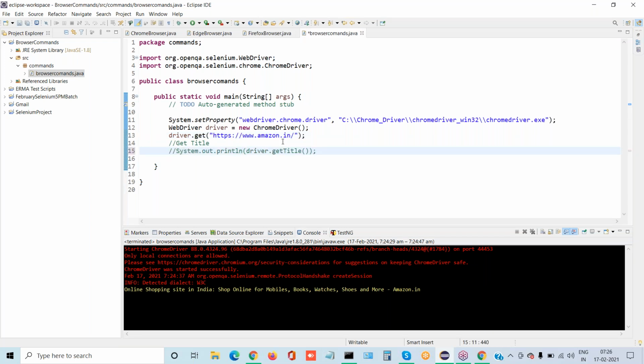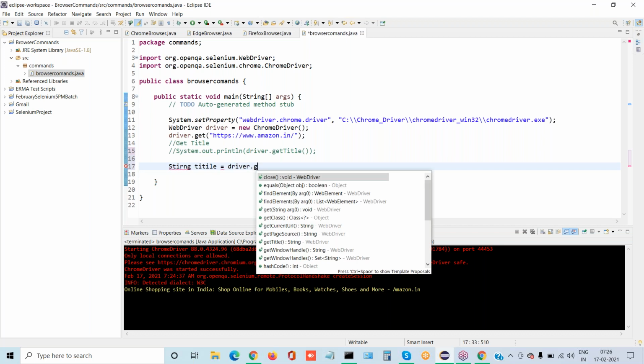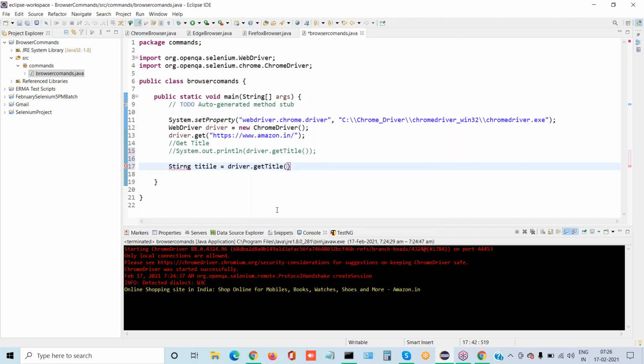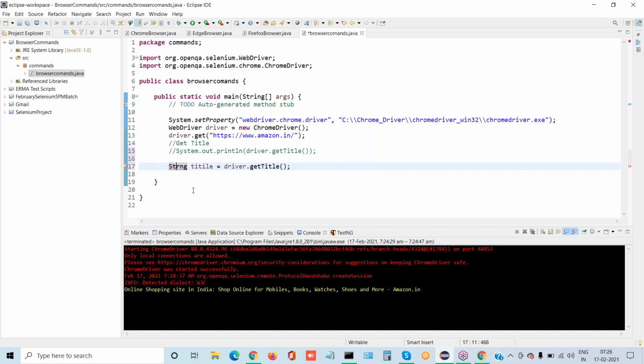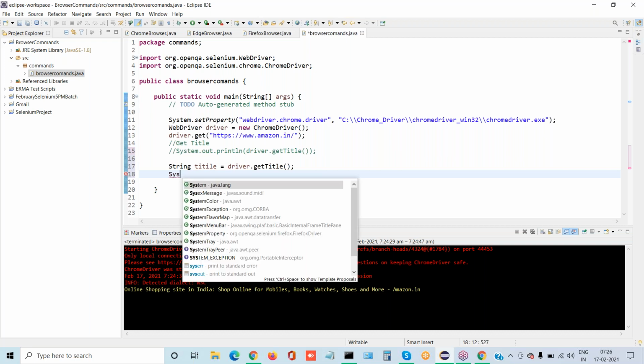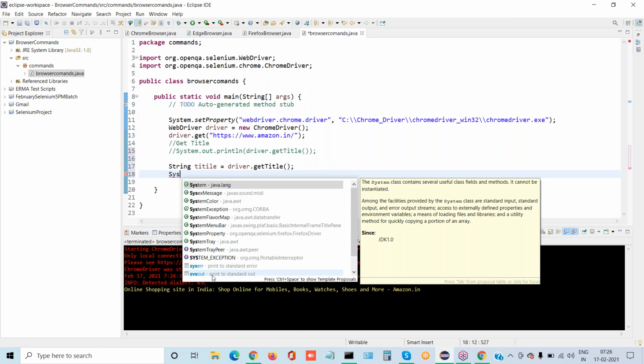Write String title equals driver.getTitle, semicolon. Check that String has a capital S. Come down and now write System.out.println. You need not write anything; simply select and pass the title.